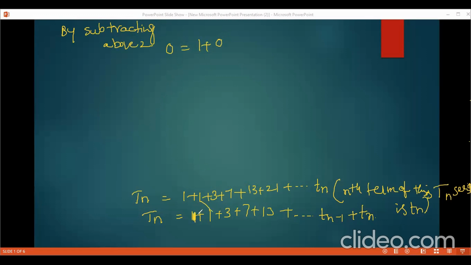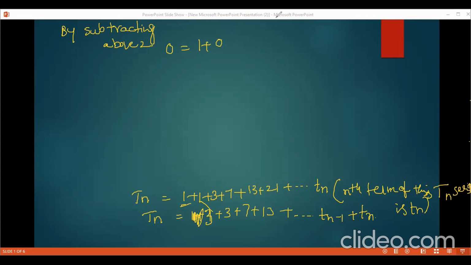Just we have to write under this, 1 under 1, this one under 1, again this one under 3, like that. Okay, so just you leave 1 outside. 1 plus 0,